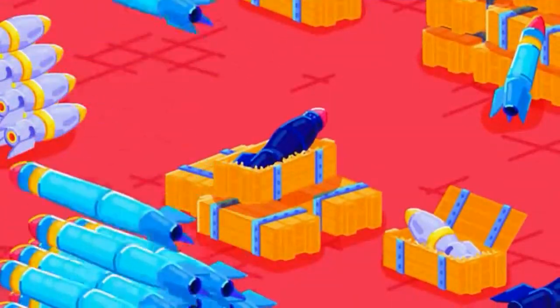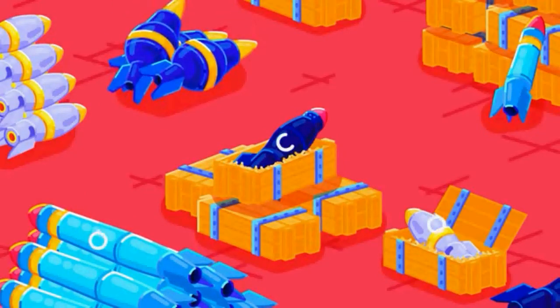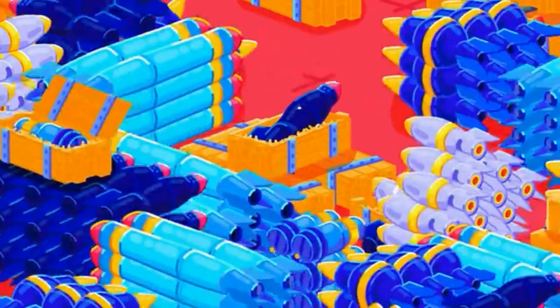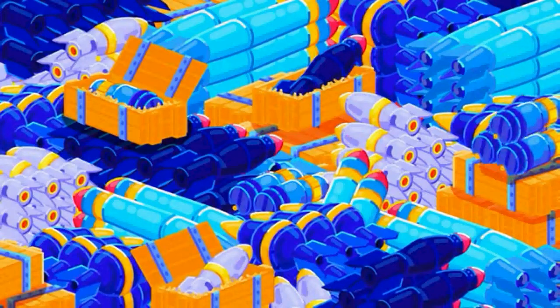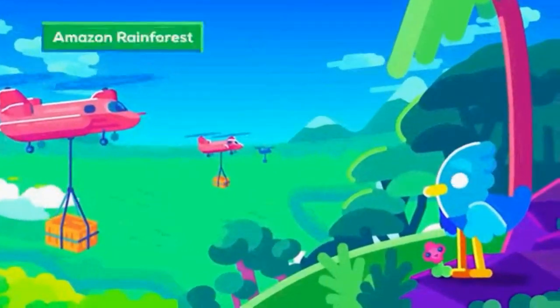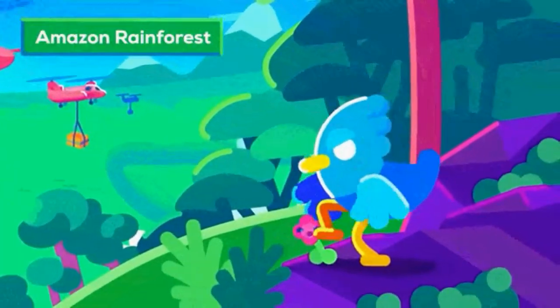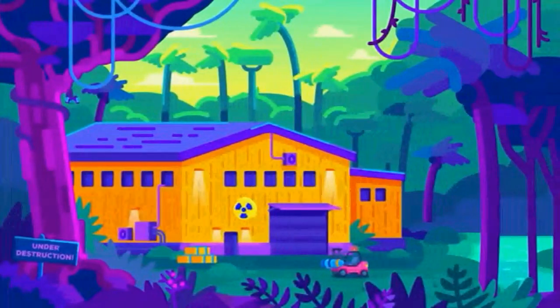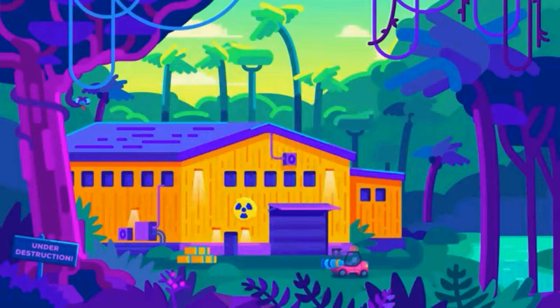So we can say with confidence that we have a lot of nuclear weapons and they can do a lot of damage. But what if we make a huge pile of all 15,000 bombs and pull the trigger? Let's drop our nuclear pile in the middle of the Amazon rainforest, just to show nature who's boss. Our warheads, piled haphazardly, fit into a small warehouse.